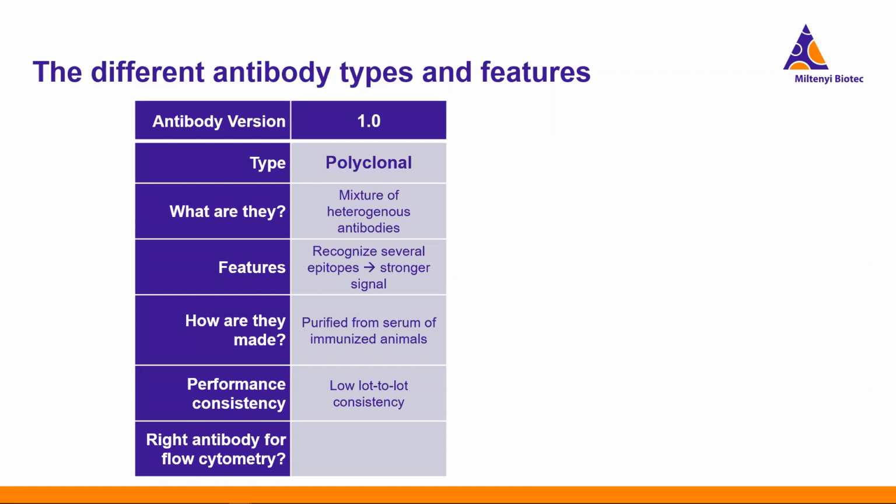So just as a little bit of a review here, polyclonal antibodies, again, remember, they're a mix of these antibody clones and isotypes. They have differing specificity and sensitivity because they're made in an animal. It's just part of its natural immune response. So they can provide you a very nice signal because they recognize a lot of different epitopes, but their consistency from lot to lot is quite poor. So in a lot of instances, they're not a great tool for cell analysis.